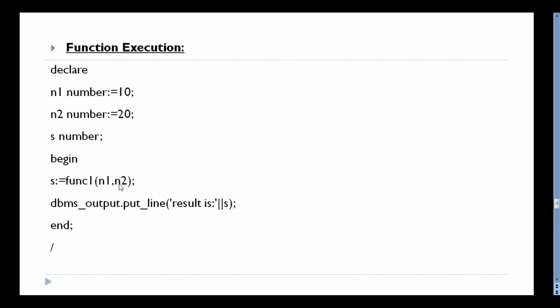It accepts the values 10 and 20, performs the addition and returns the value. So what is the value? 10 plus 20, 30. It returns the value 30, and the value 30 is assigned to s. That's why the result is s.